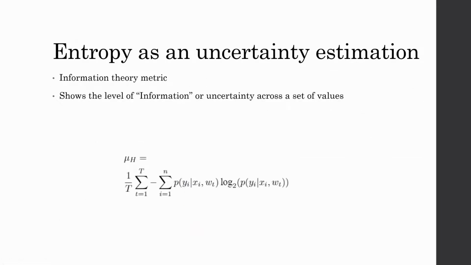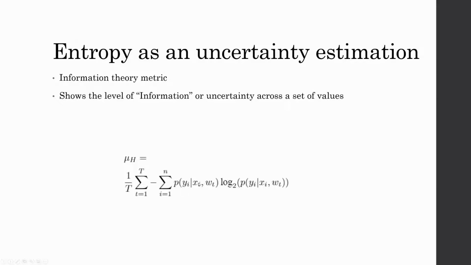So we talked about entropy and uncertainty estimations. Entropy is an information theory metric. It just shows the level of information or uncertainty across some distribution of values. So here we have our predictions from our network. We've labeled them P of Y,